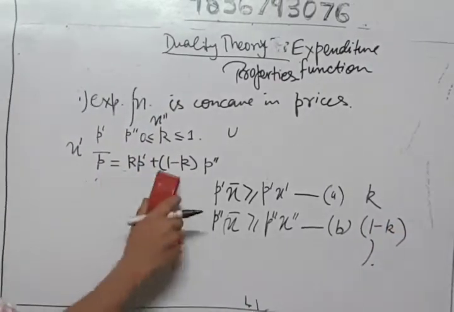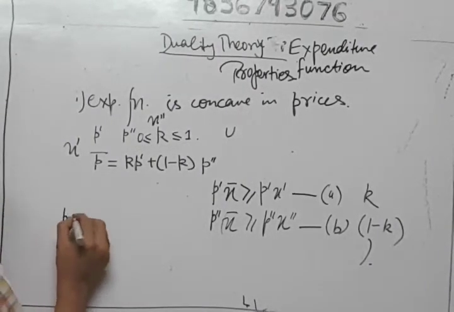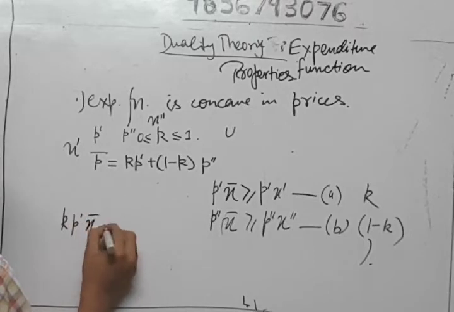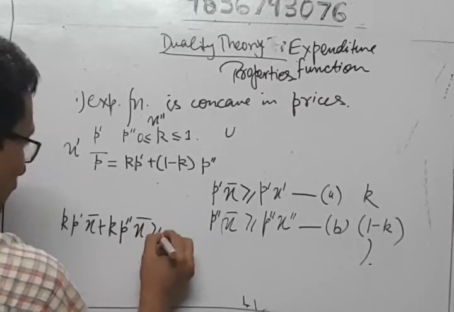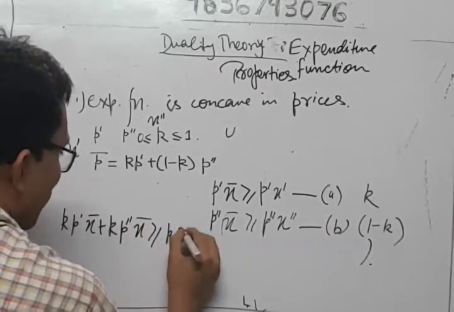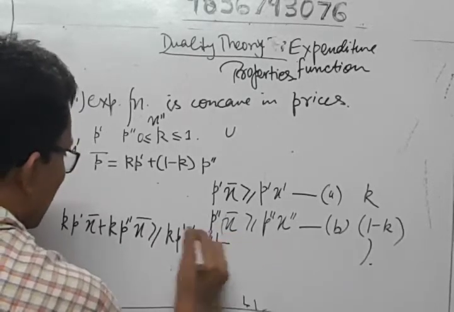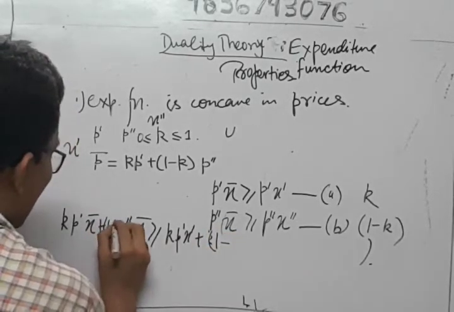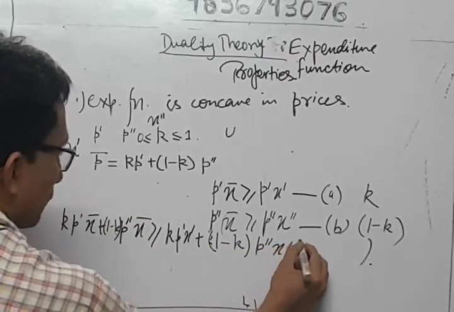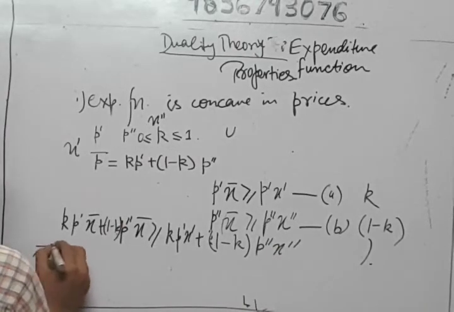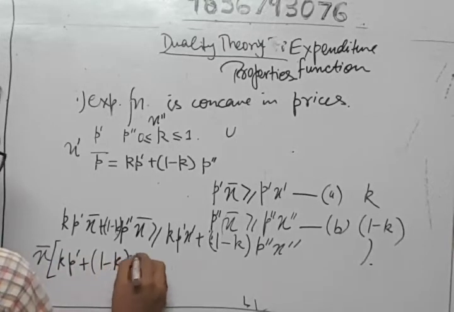get the following expressions. That is k P'X̄ plus (1 minus k) P''X̄ is greater than or equal to k P'X' plus (1 minus k) P''X''. Now we can write this taking X̄ common, so we can write k P' plus 1 minus k